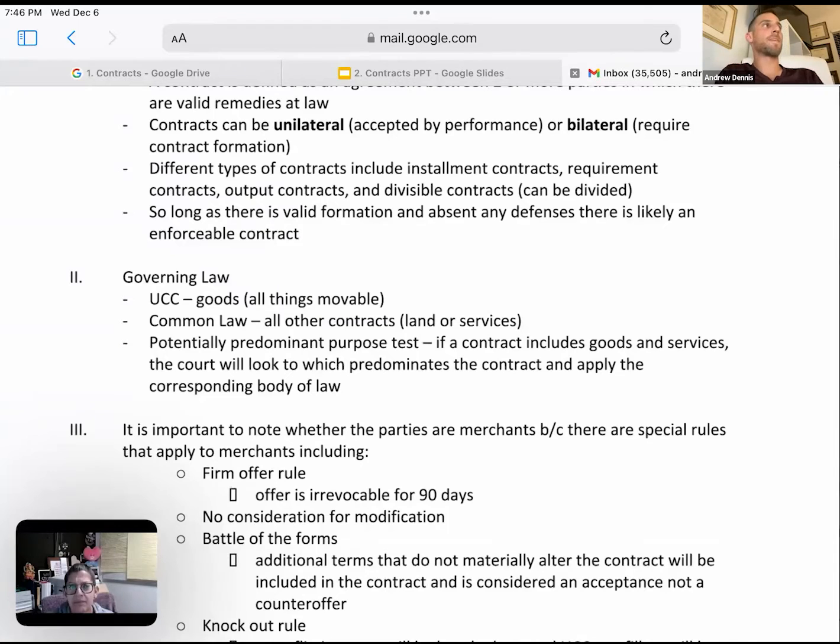meet the requirements of such. Remember what I said two days ago or yesterday, or if you didn't hear it, I'll say it again. At common law, we have the mirror image rule, right? Which means that the terms of the offer and the terms of the acceptance must match exactly. Under the UCC, we have this Battle of the Forms provision where an additional term that does not materially alter the contract will be included. So we're more strict about the offer and acceptance at common law. Under the UCC, between merchants, there's a little bit of leeway: okay, additional term, yeah, we might include it. If that happened at common law, let's say